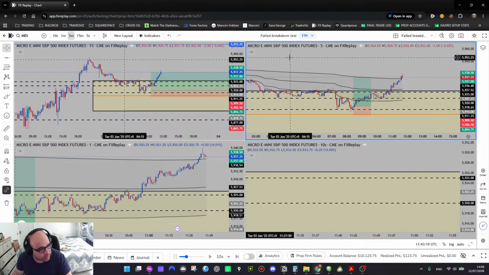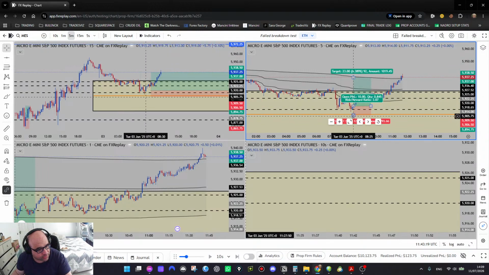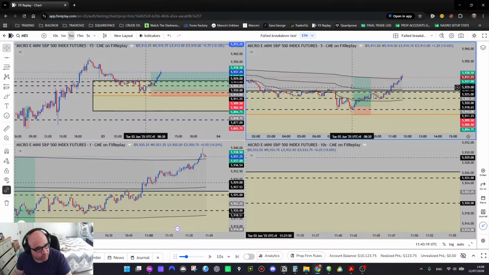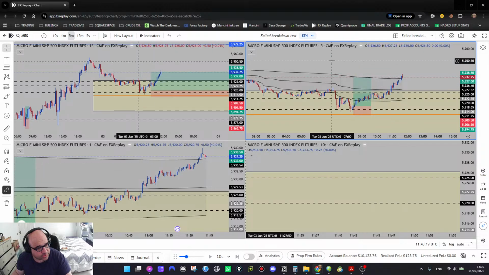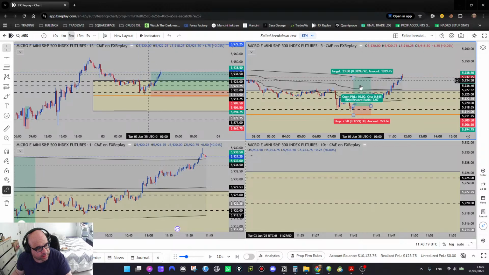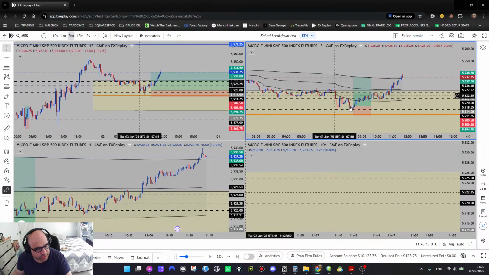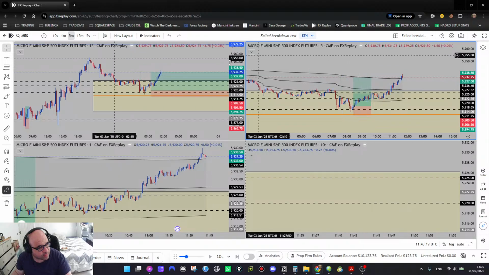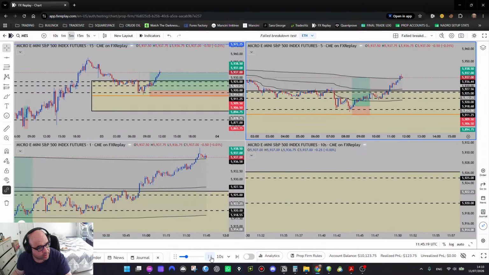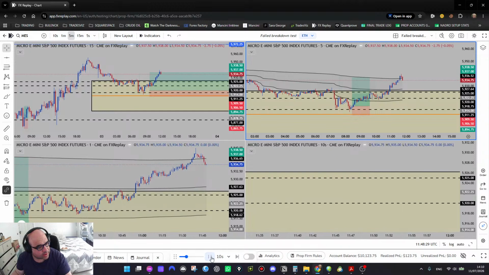Yeah, took another trade in the same day. That's the second entry. The third one wasn't successful, and we took a third one. And now we're just gonna let the play roll and see how far this trade actually went. I'm gonna put it in the journal. And yeah, we're gonna see how it goes. So just gonna let it play now at the increased speed. I've taken my screenshots, so I can let it play now.